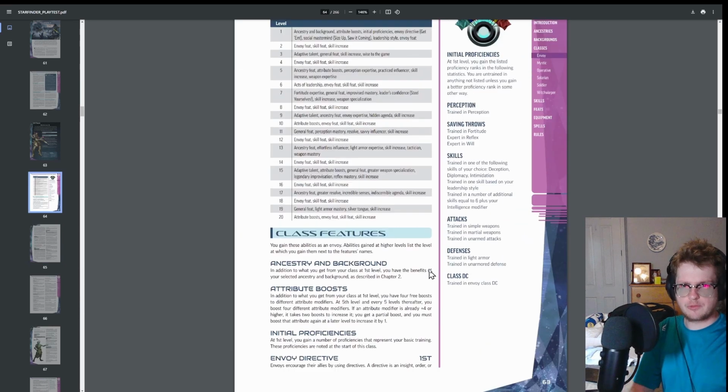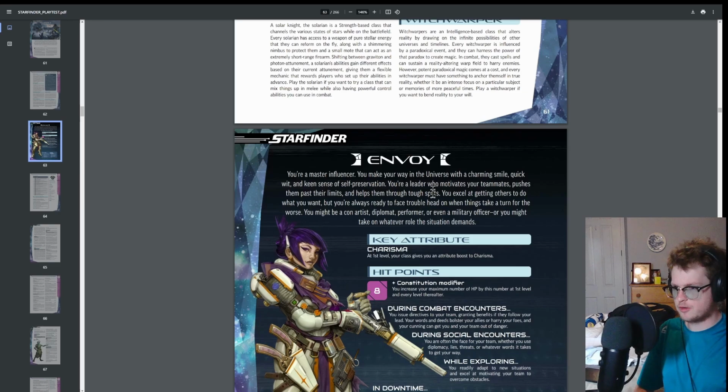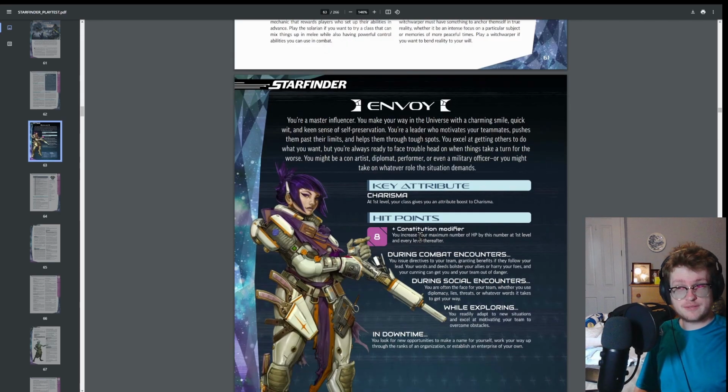So I think that it's very reasonable to play an Envoy and just dump Charisma down to like a plus 2, because Remaster got rid of the ability scores and it's just modifiers now. And then you can put that extra investment into Dexterity, Int, Wiz, etc., and then become more of a Jack of all trades type stat array, which I think is better for Envoy,